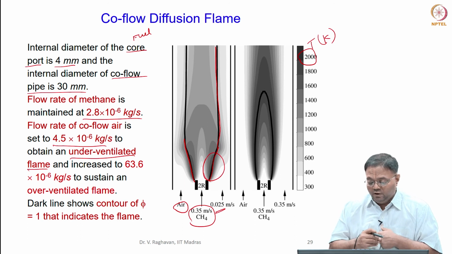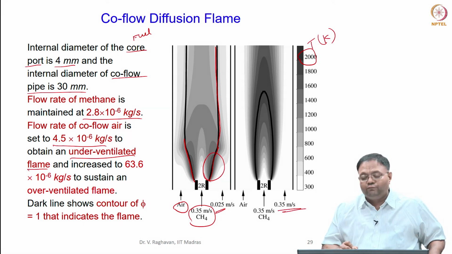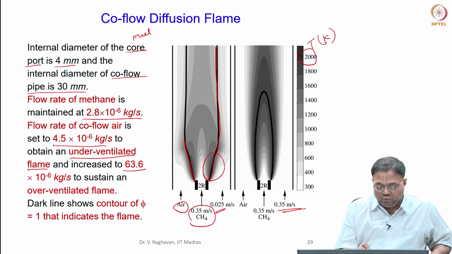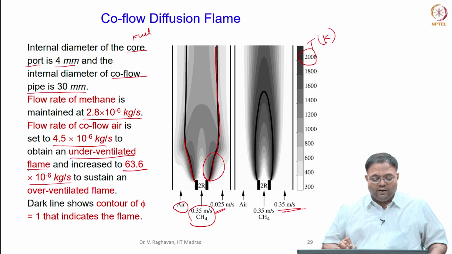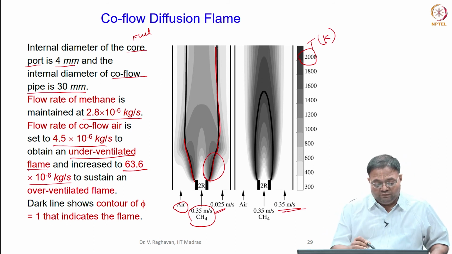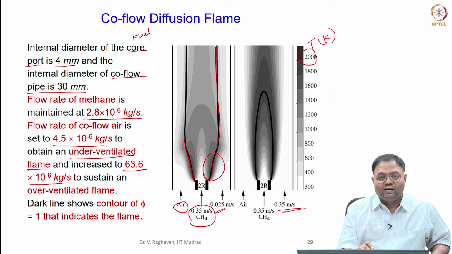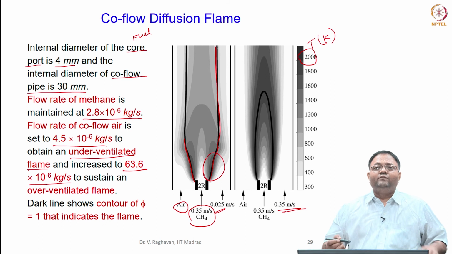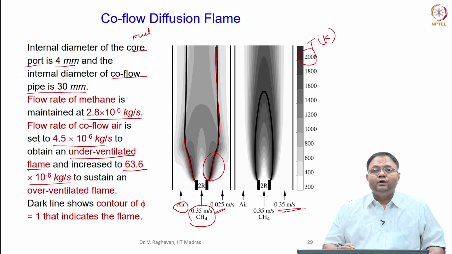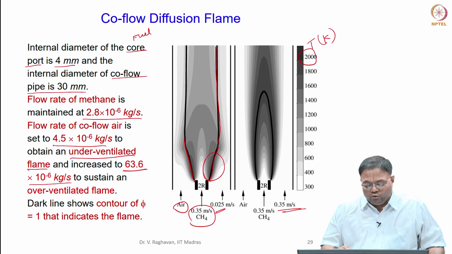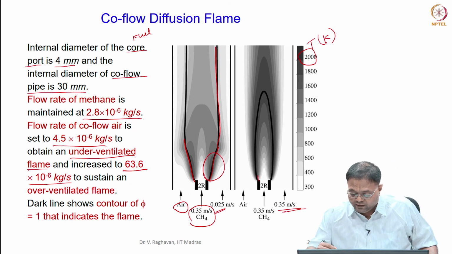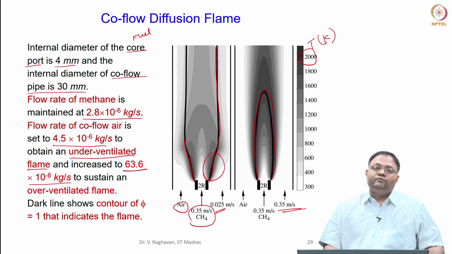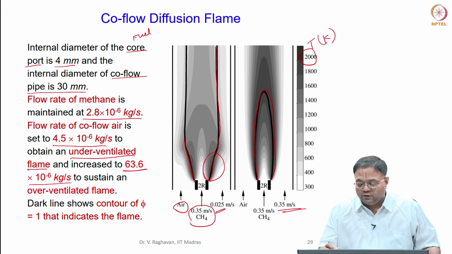But if you increase the velocity equivalent to that of the fuel in the annular port, then you can see that the oxidizer flow rate has now increased to 63.6 × 10^-6, compared to 2.8 × 10^-6 for the fuel. So we have enough oxidizer supplied. We need 17 times, no, more than that. If you do this, then you will get a flame which is exactly like a jet diffusion flame, but the control is if you can increase the oxygen flow rate so that